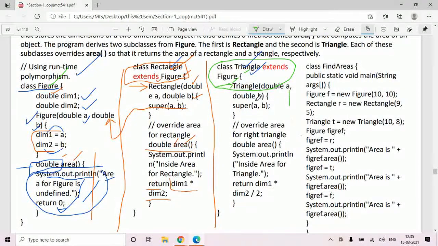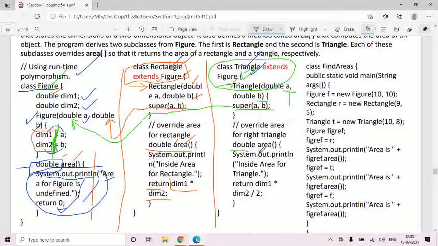It also accepts two arguments from the user, A and B. And it gives a call to base class constructor, super(A, B). So this super(A, B) will also give a call to this constructor, and it will initialize the values of dimension 1 and dimension 2 for triangle.